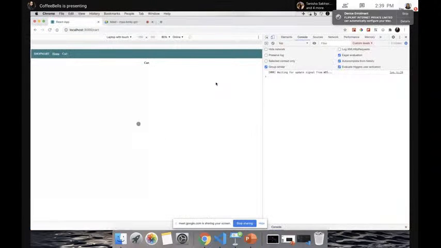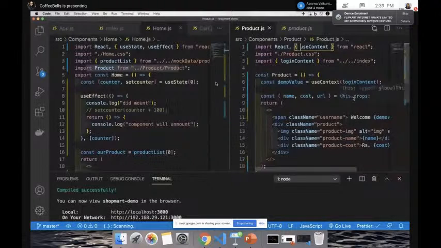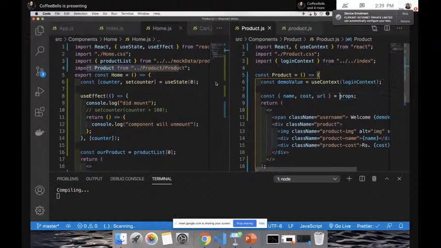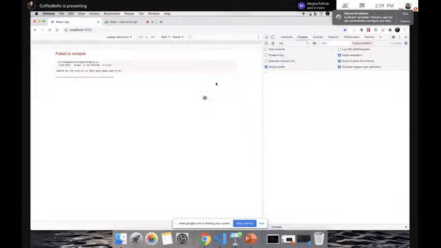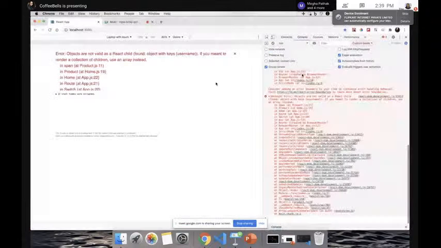Let's go to the browser and see how it looks. This is the cart page. Let's go back to the home page. Oh, we got a lot of errors. Props is not defined. So we had a this here. We were using a class component and hence we had to use this. This is another major thing that is off our head now. We don't have to take care of where it's binding and what it's binding with. Props have to be passed to that functional component.